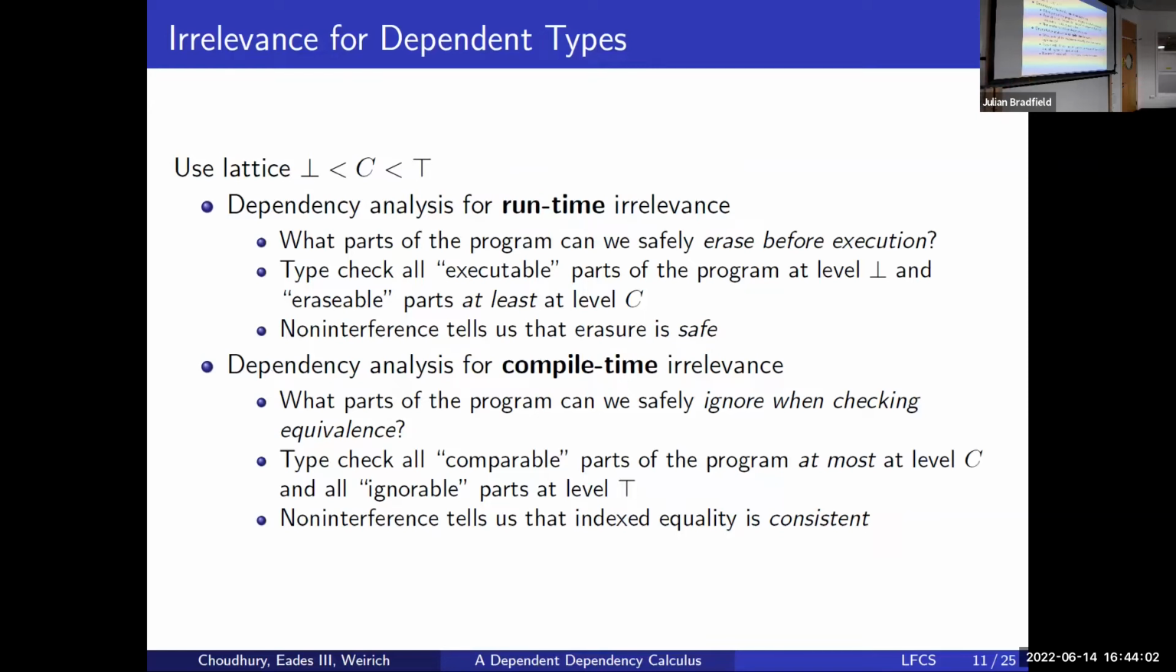Right. I tried to spend a little time thinking about examples where we want to ignore it while type checking, but we still can erase it. I haven't really thought about that. And maybe we can talk about that, because this is an arbitrary lattice, but